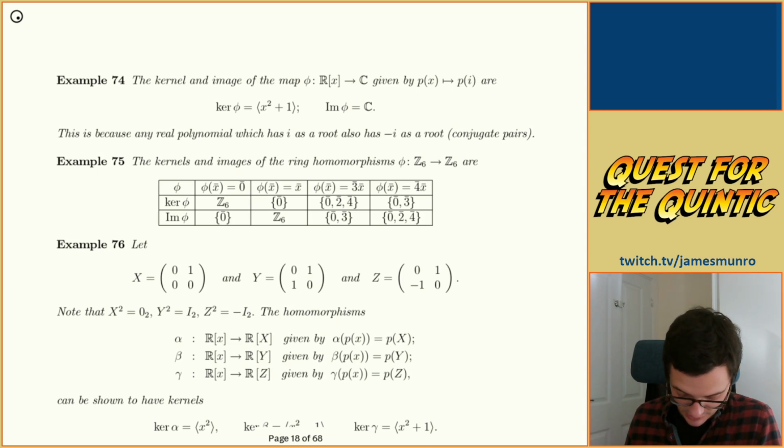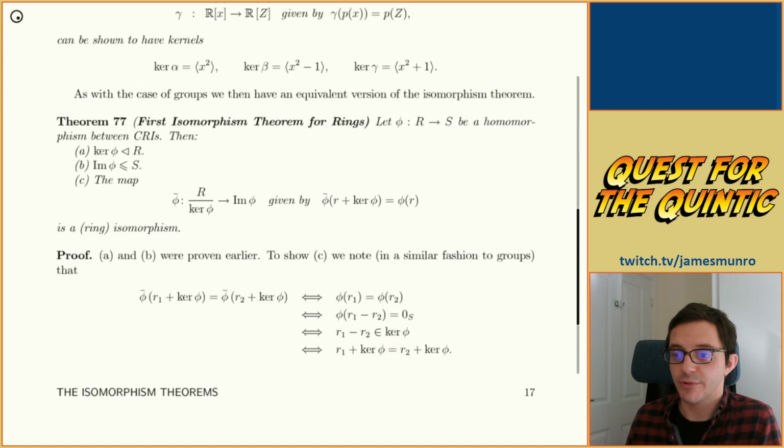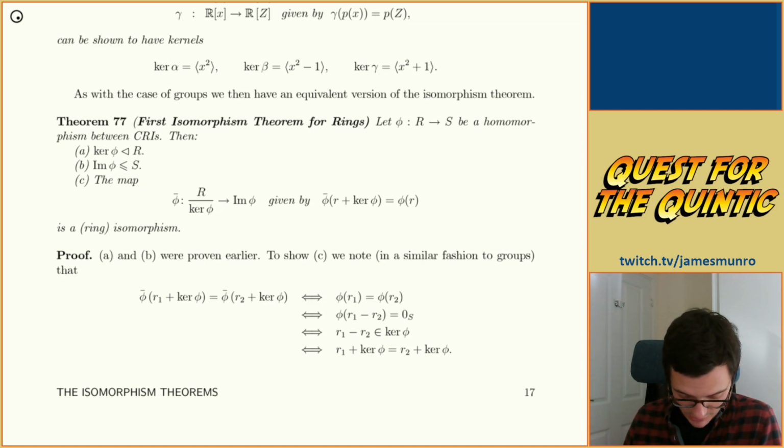Where are we going? We've got more maps, more homomorphisms, more kernels. First isomorphism theorem for rings, brilliant. We already did these. That was the notation for being an ideal, which I didn't ever write down. I should have. That's the subring notation. Fine, okay. And then this map from R quotiented by the kernel, which is exactly the sort of thing that I'm interested in,